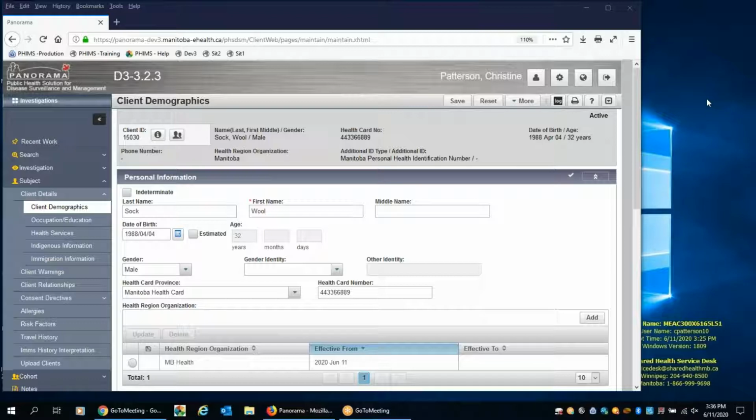Hi everyone, in this video I'm going to demonstrate how to do the entry of COVID-19 case investigations using the investigation quick entry screen and continuing on and entering contact investigations through the exposures functionality. The starting point for this video is that the surveillance unit has already entered the lab information for this client